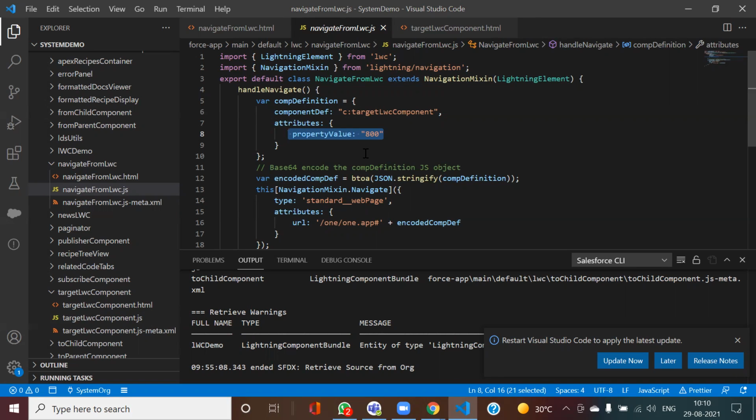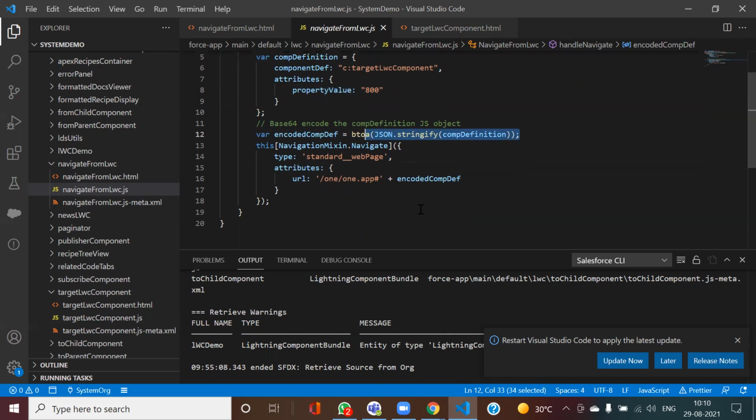So this is what has been done here. This is a common code to convert into this encoding. So this is my component definition that I defined. There I defined the name of the LWC component and the attribute that I need to pass. After that I am encoding into base64 and I am calling this URL. That's it.